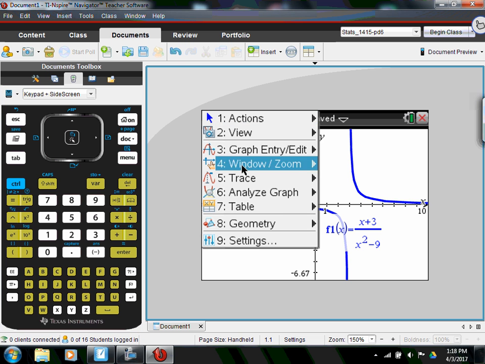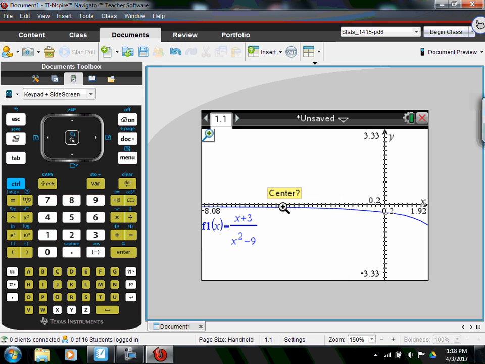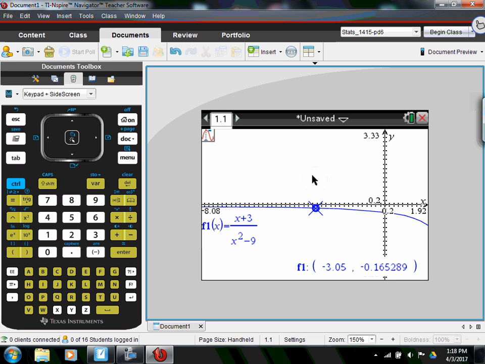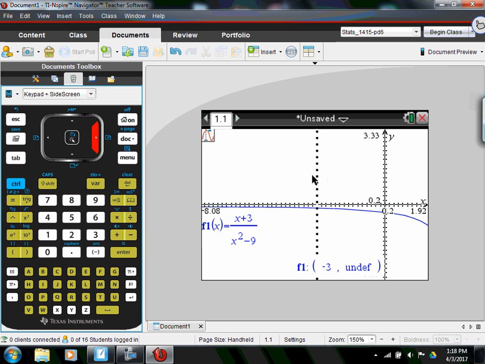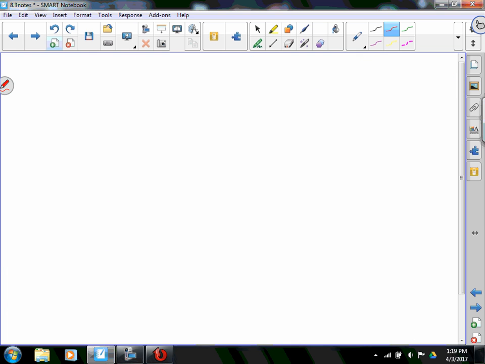So let's try to zoom in. All I want to do is zoom in right here. And maybe I should trace the graph. When x is negative 3.5, everything's okay. Oh, there's a hole in the graph. It doesn't show up, but there is a hole there. I mentioned it a long time ago. Yeah, a hole in the graph